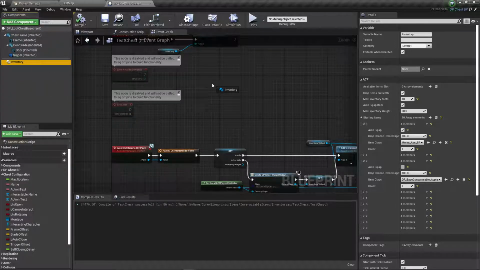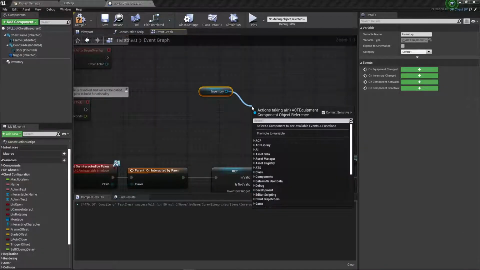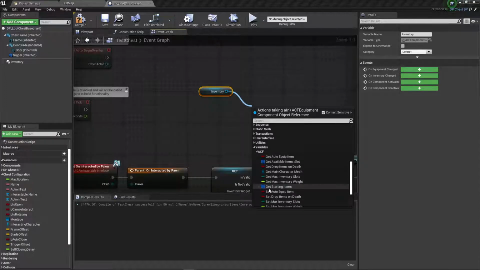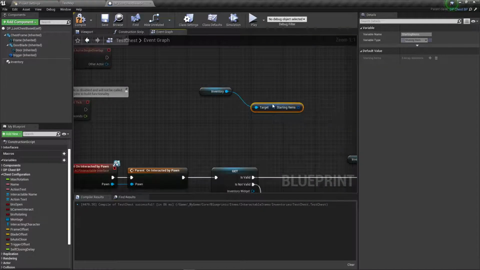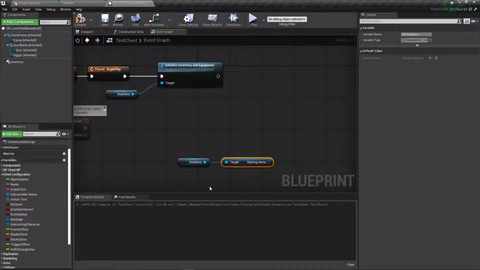So we need to first drag in this. Then I want variables of ACF. Get available sort, get starting items. That's what I want. And on begin play,